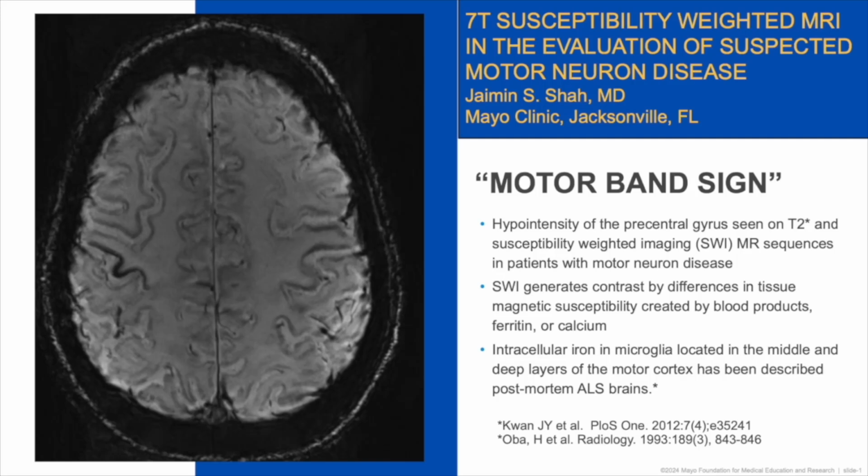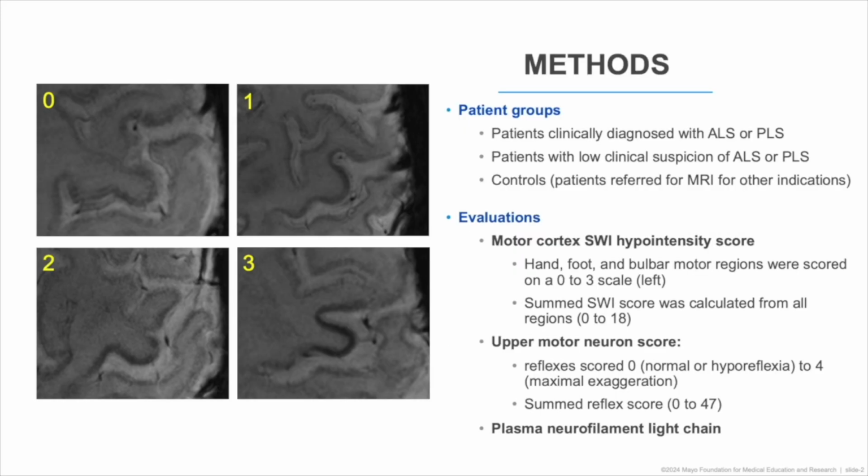What causes differences in magnetic susceptibility are differences in iron in blood products, ferritin or calcium, and some limited pathology has been done. Post-mortem studies have been done looking at patients with the motor band sign, and they can see intracellular iron in microglia located in the middle and deep layers of the motor cortex in post-mortem ALS brains. So in our study, we looked retrospectively at patients seen in our clinic who were referred clinically